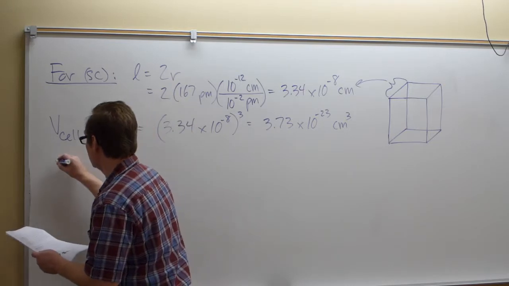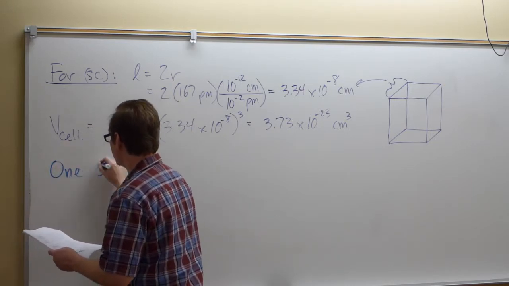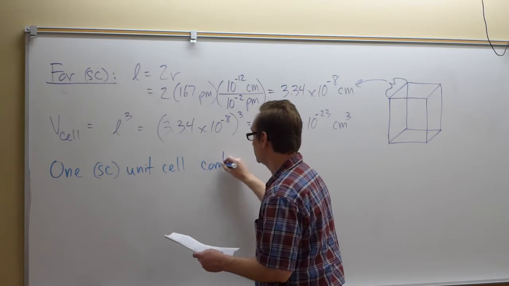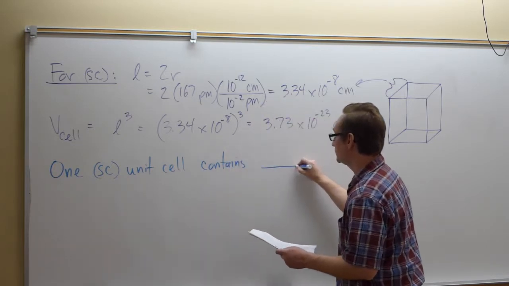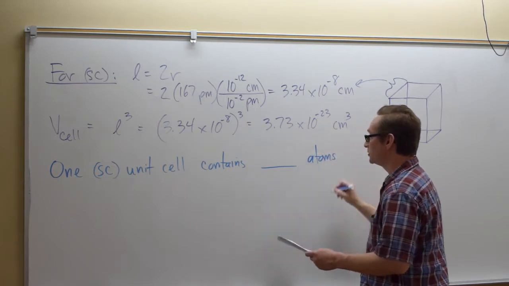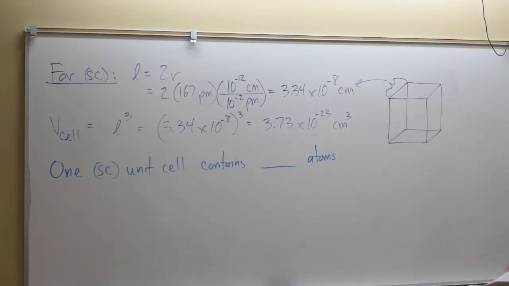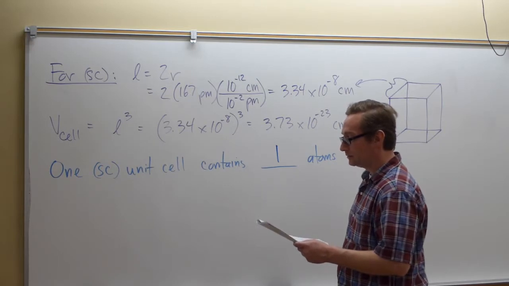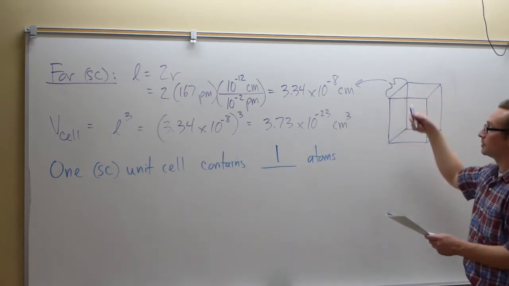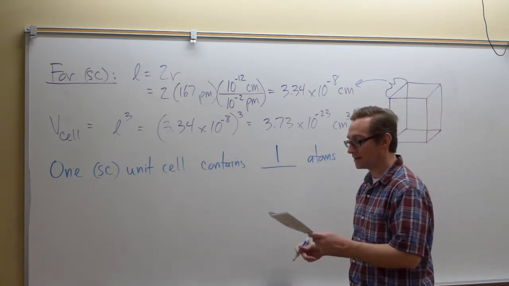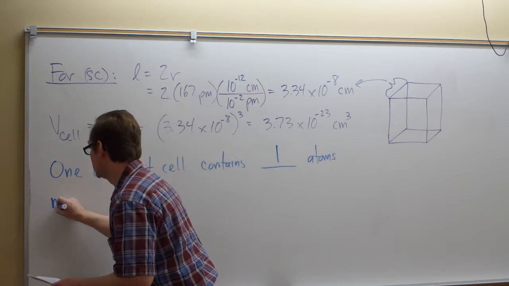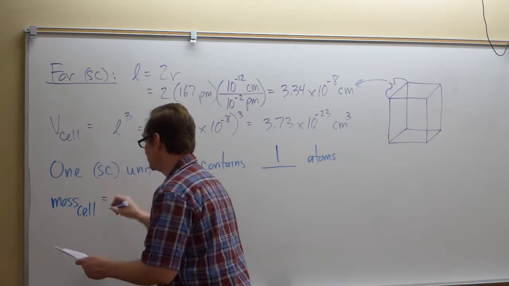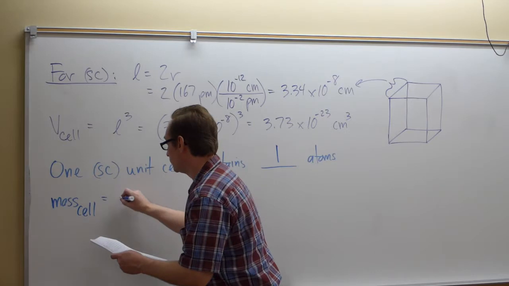So one simple cubic unit cell contains blank number of atoms. Do you remember? One, right? One atom, right? Right, one whole atom. And we're assuming that all these locations at the corners are polonium atoms, right? So it's one total polonium atom. So the mass of the unit cell